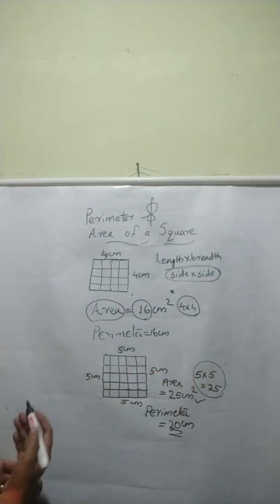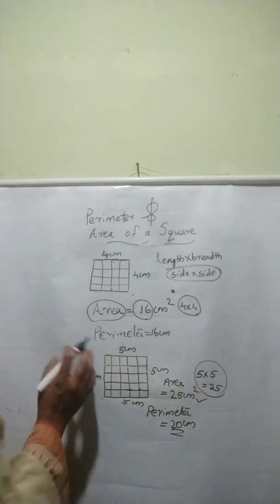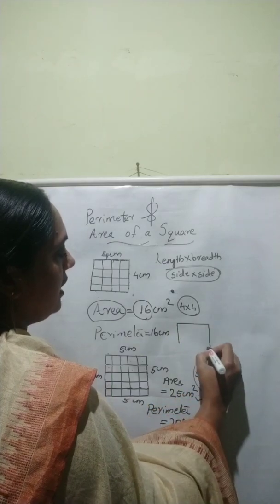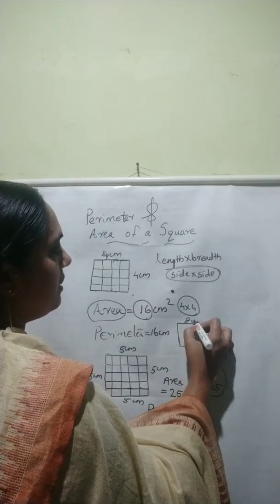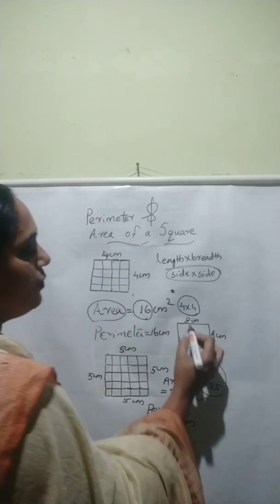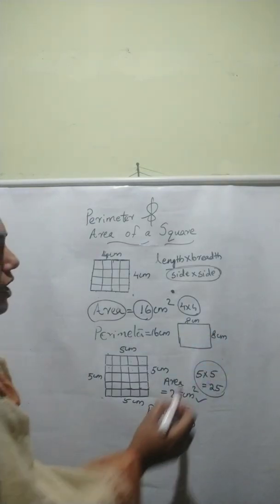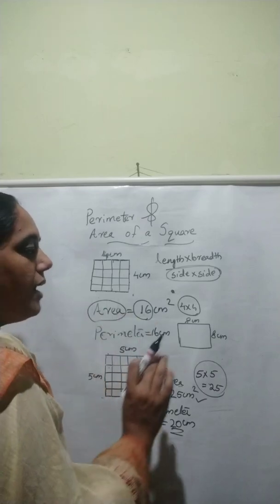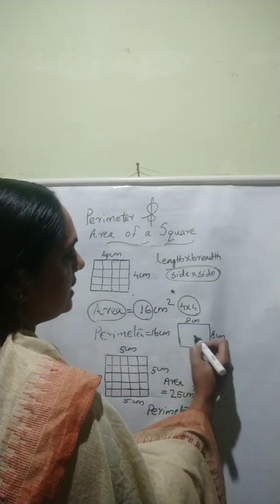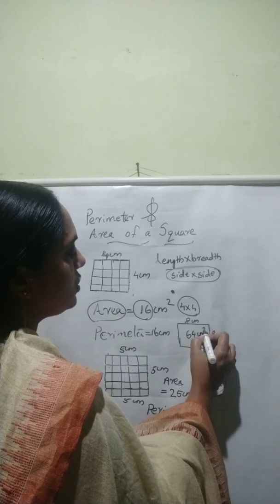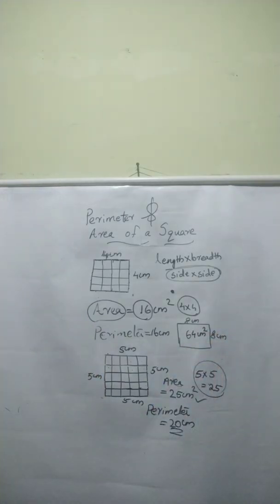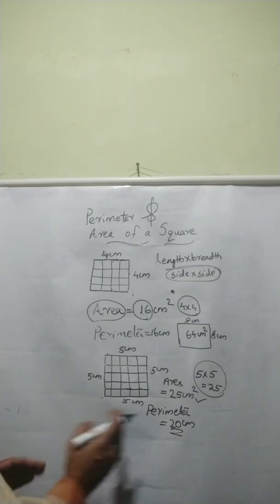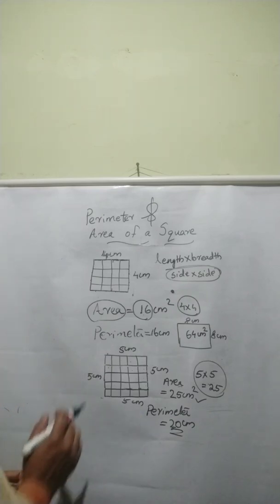So we don't want to draw any box or something else. It is very easy for us to find the area of a square. If this is 8 centimeter and here it is 8 centimeter, what will be the area of this shape? We have to multiply both sides. Both sides are same. So 8 into 8, that is 64 centimeter square is the area of this shape. Clear?